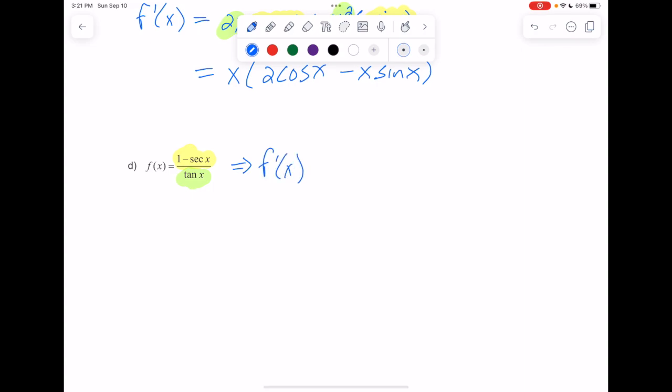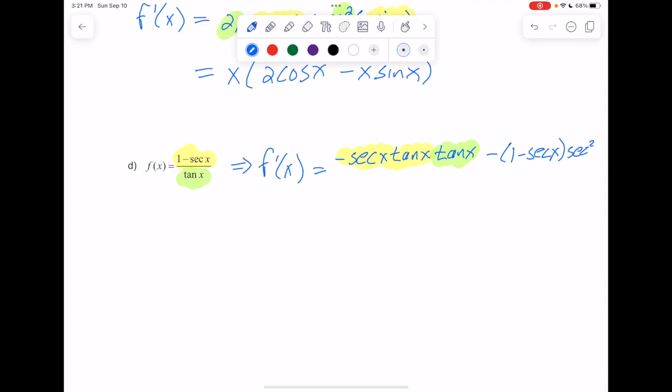So for f prime of x, we want to take the derivative of the numerator. Derivative of 1 is 0. Derivative, we'll copy the negative, and then the derivative of secant is secant x tangent x, and then we'll copy the tangent x for the second piece. So just to highlight that for you, there's our derivative of the numerator. This piece is just us copying the denominator. And then minus, copy the numerator, 1 minus secant x, times the derivative of tangent, which I'll squeeze in here,